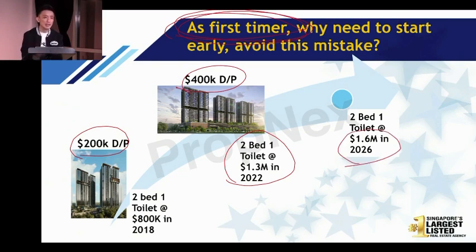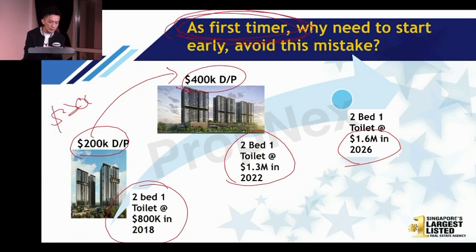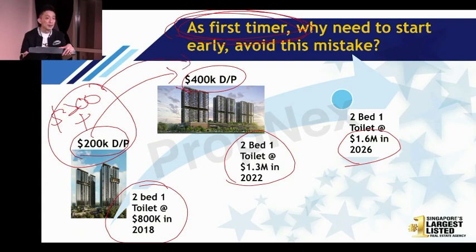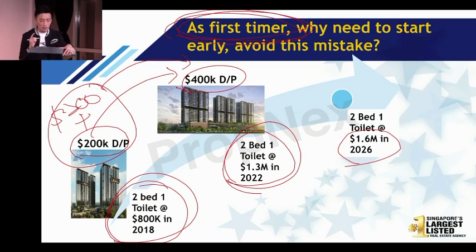So what am I trying to tell everybody? By working hard, is it easy to save another 200,000? It's tough. But if this guy had listened to me, my friend, he bought this property, today he easily could have made another 200,000. If he adds his principal, capital plus his profit, he will have enough for the 400,000 to down pay for this. And because of the house he has down paid for, his net worth has increased to 1.3 million versus previously 800,000. But can you imagine if the person did not move forward? Until today, he still doesn't own an asset. And that is quite scary.